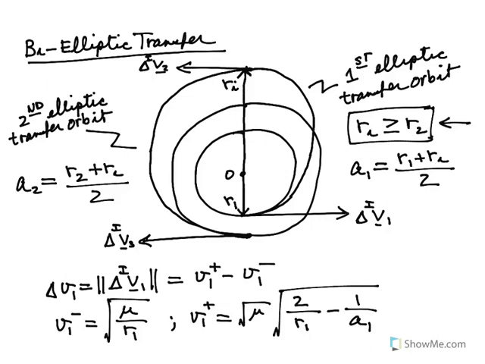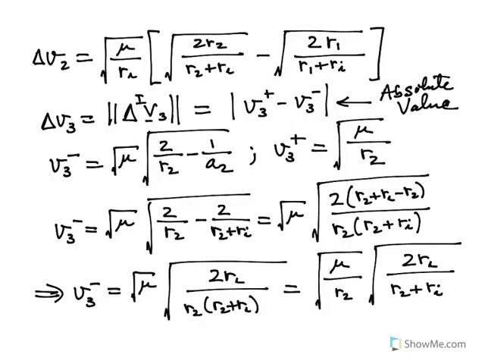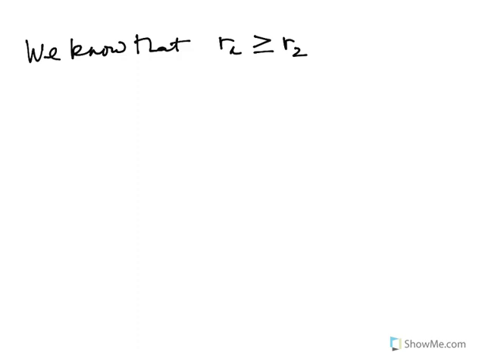We said that that was what made the bi-elliptic transfer, not the Hohmann transfer, the bi-elliptic transfer. So we established that condition. So given that Ri has got to be greater than or equal to R2 for the bi-elliptic transfer,